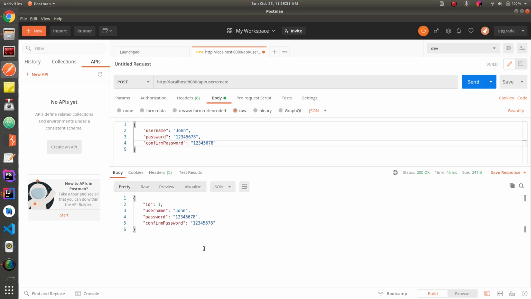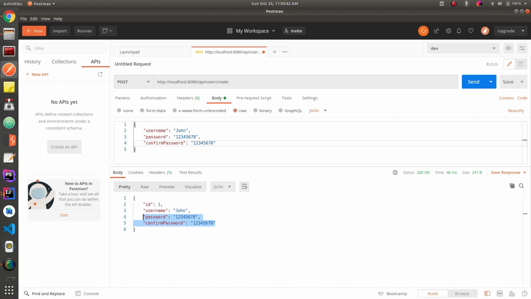Now it ran successfully, but the issue here is that we're getting password and confirm password in response, which should not happen because we don't want our user to get the password in his browser or any application he's using. So what we'll do here, we'll make use of data transfer objects, where we're going to define all the fields that we want a front-end user to see.